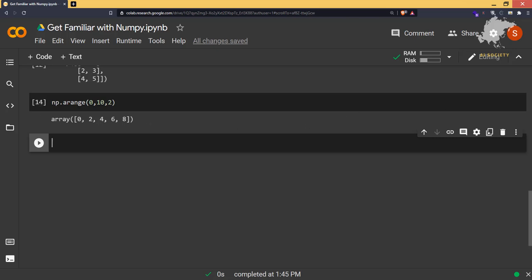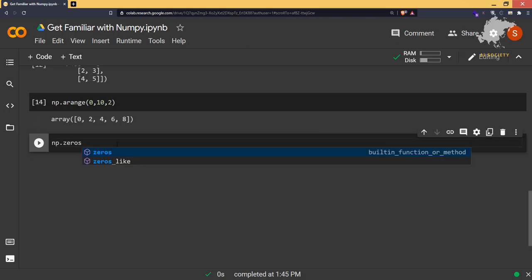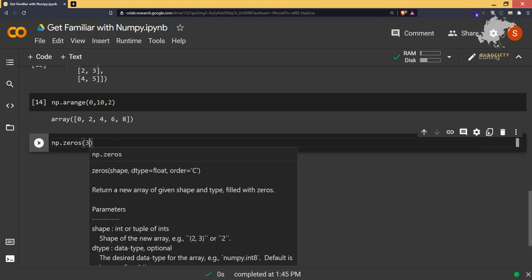In the same way, we have something known as zeros. It's a very good functionality, because sometimes we need an array that only has zeros in it.